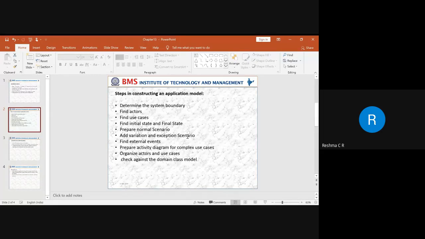Here, sometimes during the design phase, we can change the internal implementation of the system to maintain the external behavior. That means the internal behavior of an object may be affected, or the external objects which are interacting with the system may have an effect on the internal implementation of the object. So that has to be taken care of. While we are preparing the boundary of the system, we should not consider humans as a part of the system.